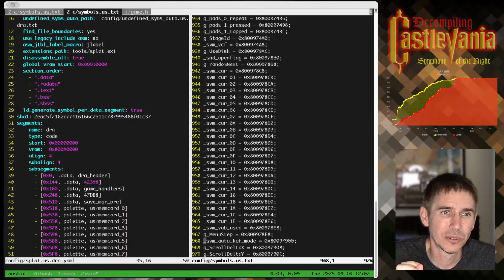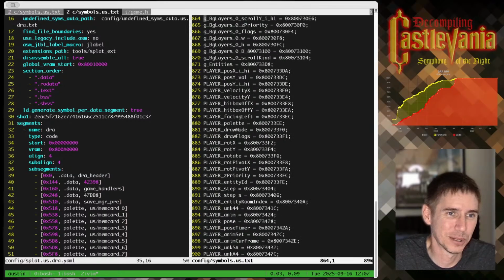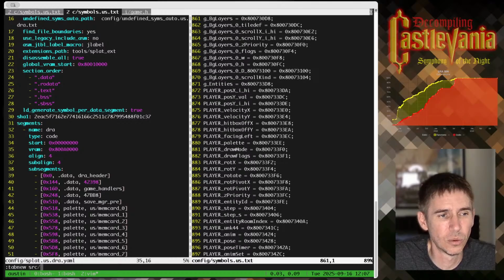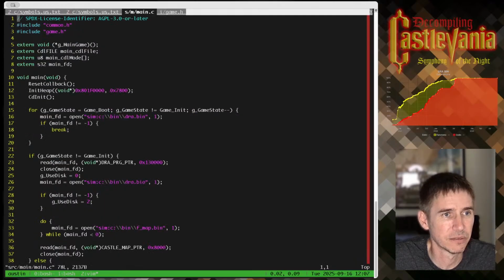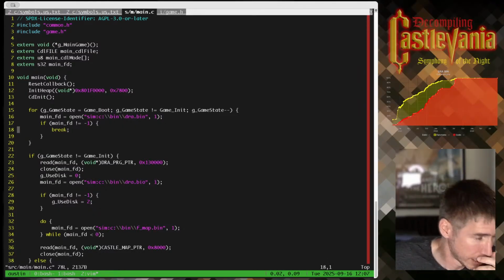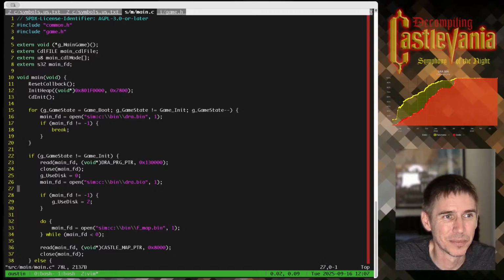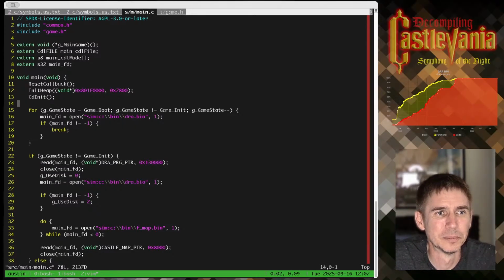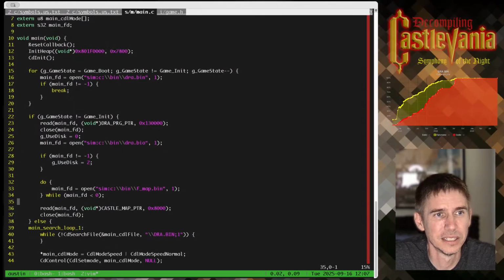And why? So we have player. That's definitely a Symphony of the Night specific variable. If we look at what main looks like, main is very simple. So again, if you're a C programmer, we come in and do some heap initialization. So we're saying this is where dynamic memory is going to go. I don't think this is actually ever used. How much of it we want. We load DRA.bin.